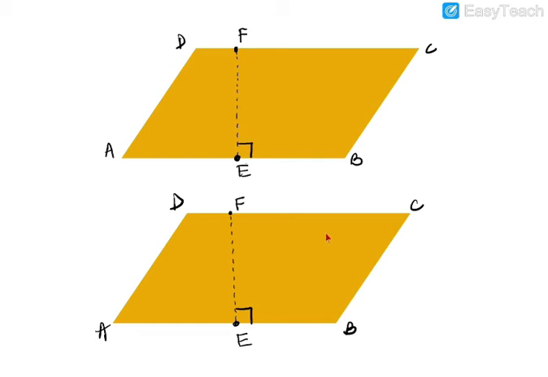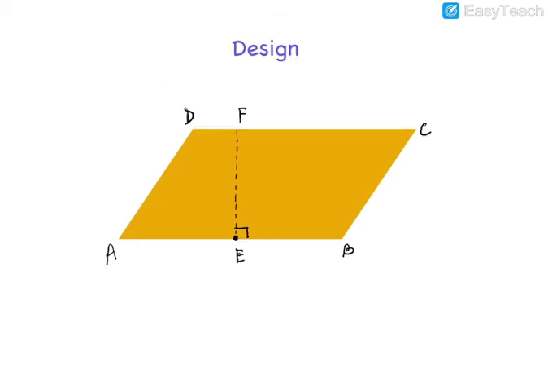Now out of these two parallelograms, we will paste one parallelogram as design and the second one will be used for conduct. So here is the design that shows parallelogram ABCD with perpendicular EF. See that the perpendicular is marked dotted like I have done, and mark FE perpendicular to AB. Now FE is the height of the parallelogram and the corresponding base of parallelogram is AB. This part completes your design.